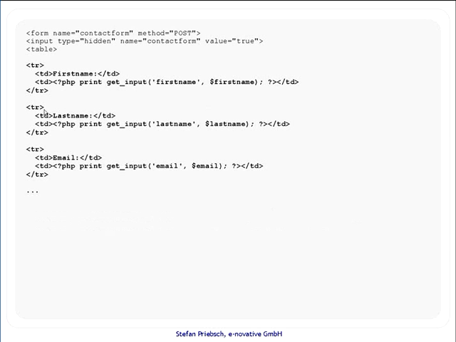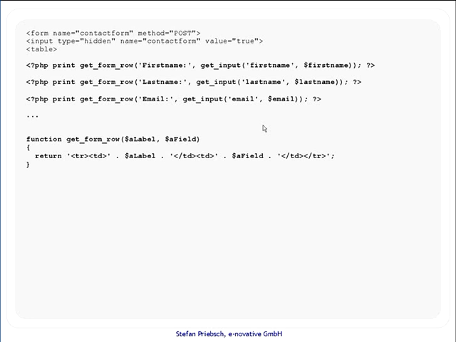We have got 3 blocks of, well, very similar structured code. I don't like that. We should do something about this, I think. So let's create a function. Again, I have a function getFormRow, which creates one table row with a label and a field. And the trick is that I call a getInput function here and pass in the result as a string. So basically I can put any form field I want into that form row, and I have the 3 statements printing the form row here,